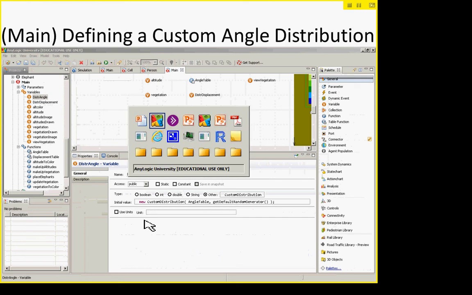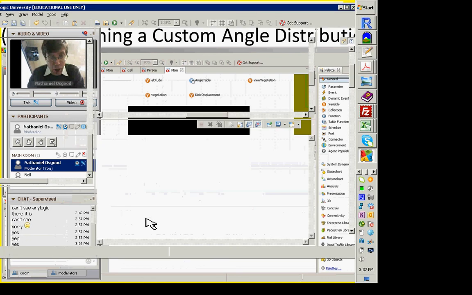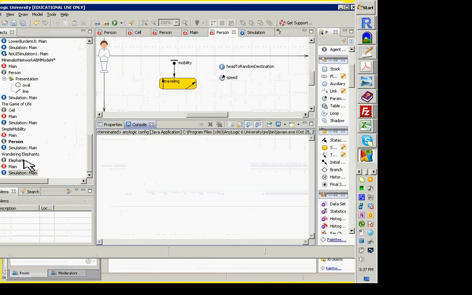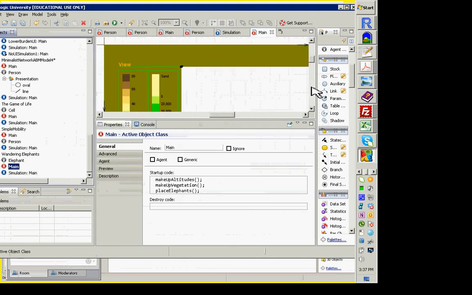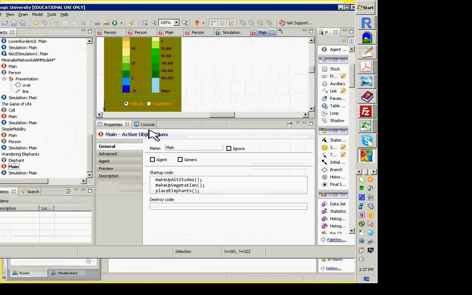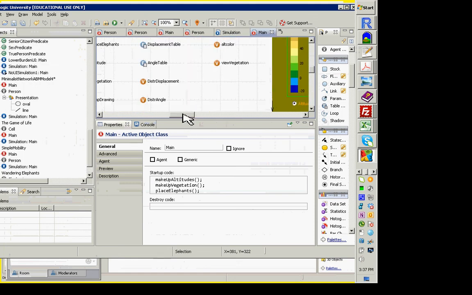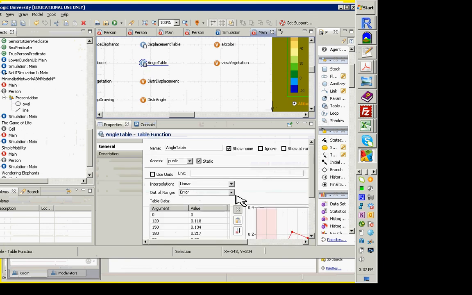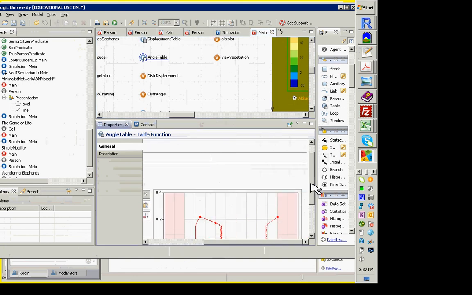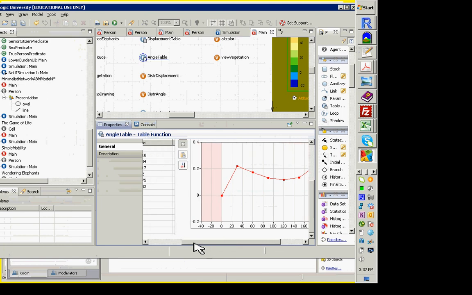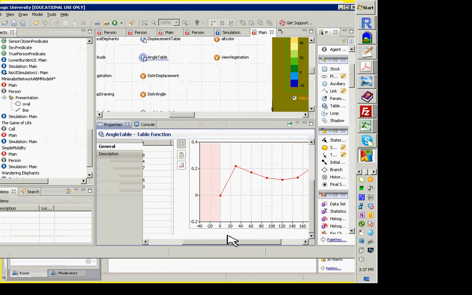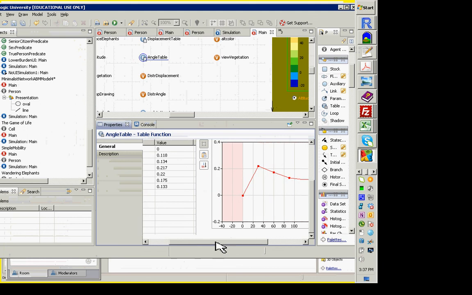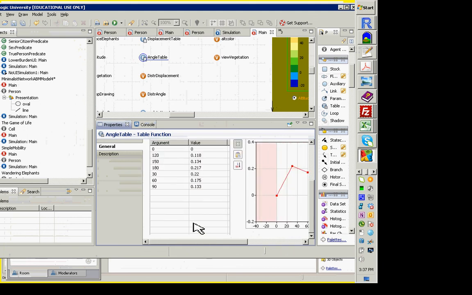Okay, so let me go over, you'll notice this stuff is to the left here. Take a look at angle table, for example. This is called a table function, and it's a function from one set of values to another, from a domain to a range. And this can then be used as the basis for random number generation. It'll draw it from this custom distribution. So you're more likely to be going to a moderately short distance or a long distance, somewhat less likely to be going in between. And similarly, there's a displacement table as to, I guess,